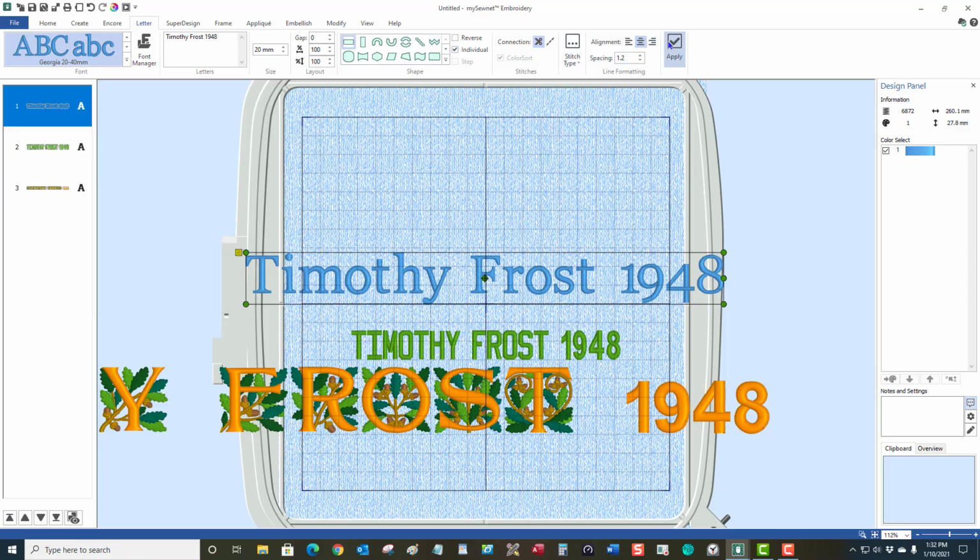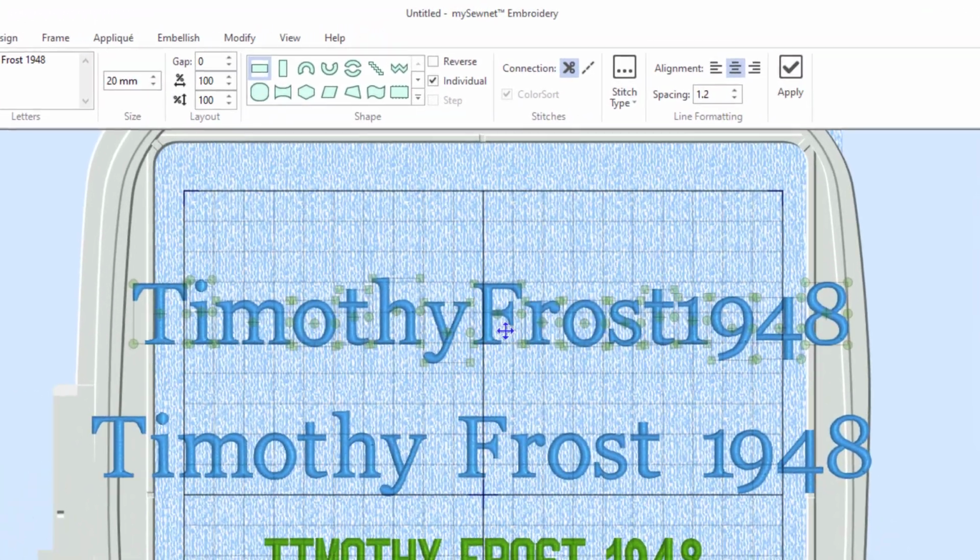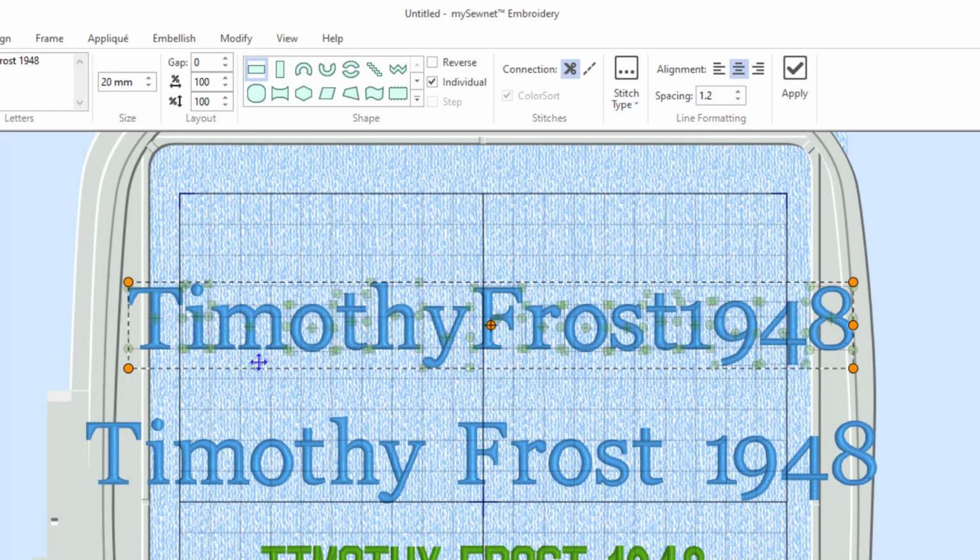And I'll click apply. And now you can see that Timothy Frost, 1948, they have these handles around them that indicate that each one can be individually edited. So if I left click to deselect that and then right click again to select it, you see as I select each letter, it has a selection handle around it,